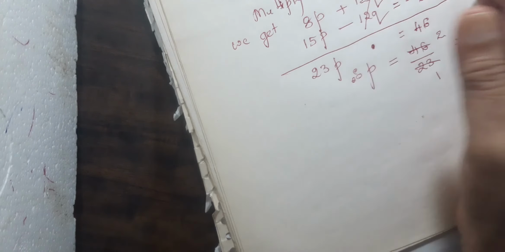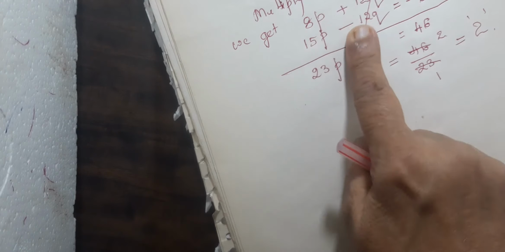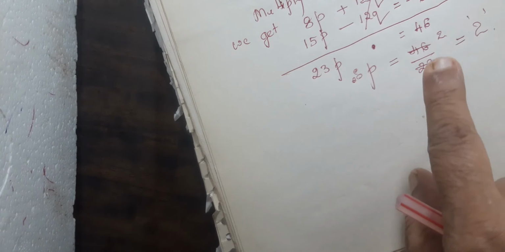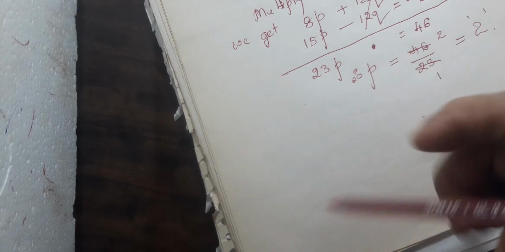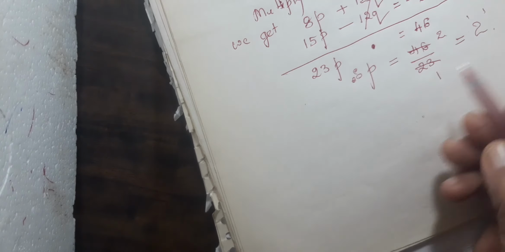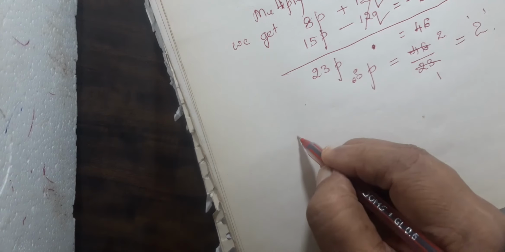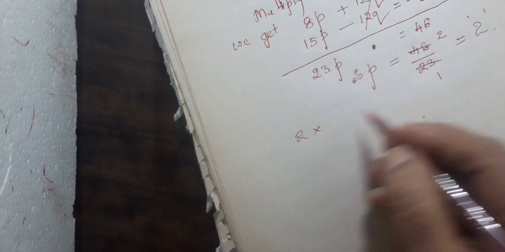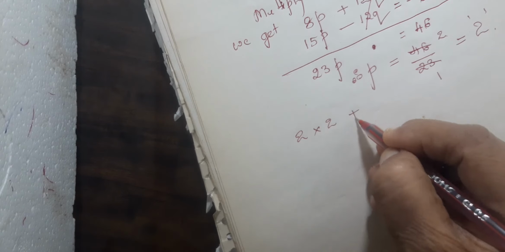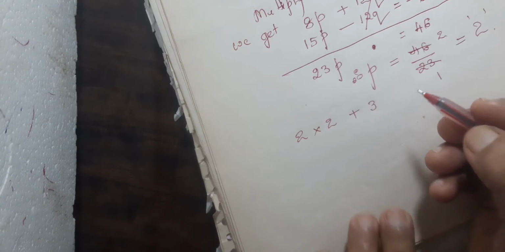Then now substitute in either of the simple equations which you have here. One you have written, no? 2p plus 3q is equal to 13. You need not take the equation which you have multiplied by 4 and 3. No need of taking that. You can take this equation and substitute p there. So 2 into p, p is 2, plus 3q. Why are we substituting? In order to get the value of q.